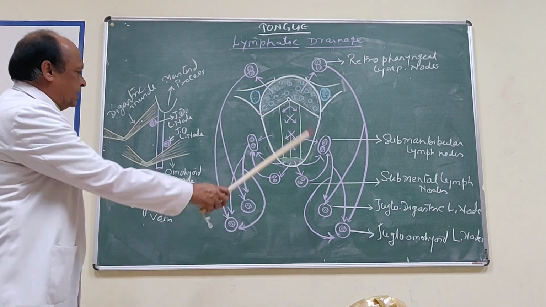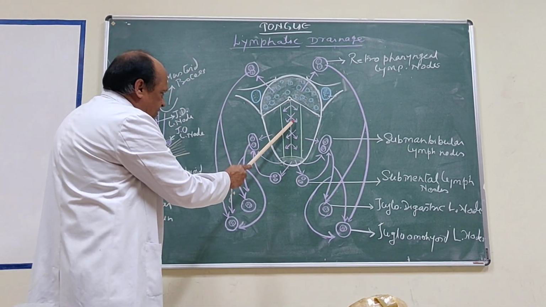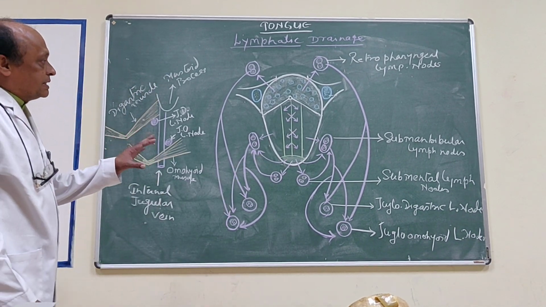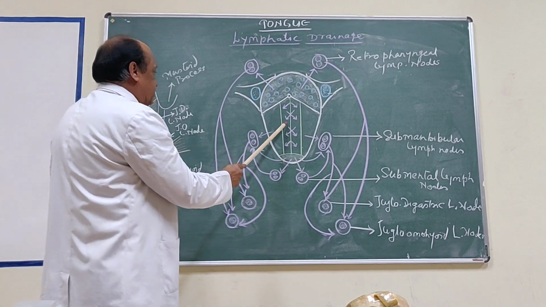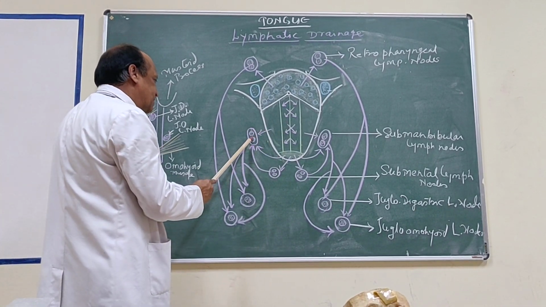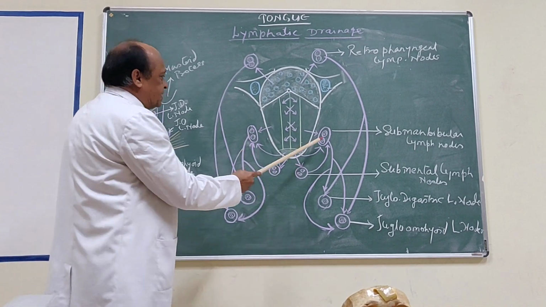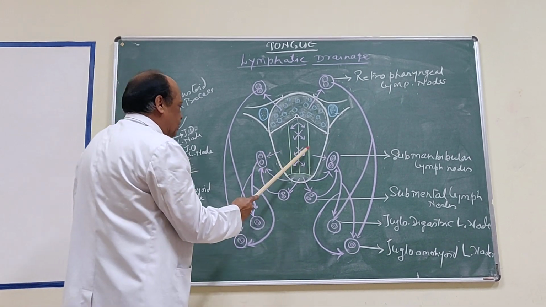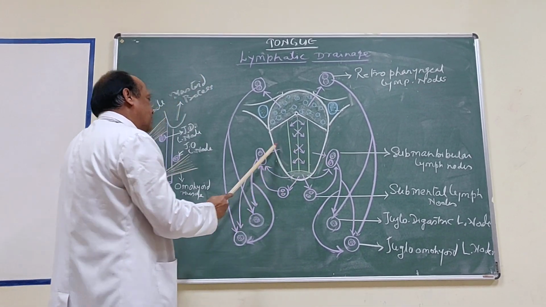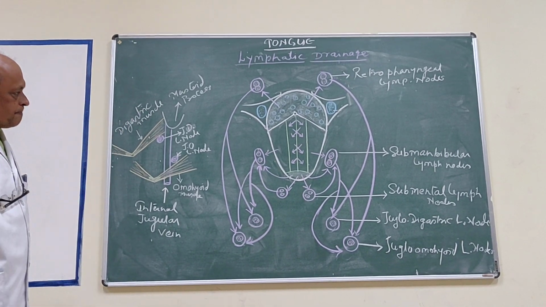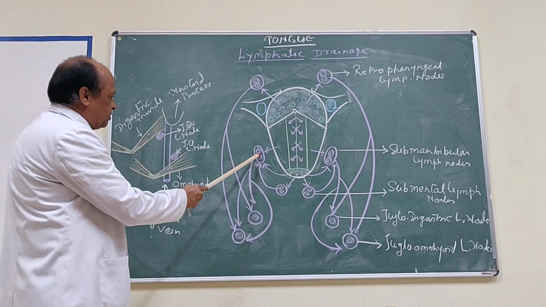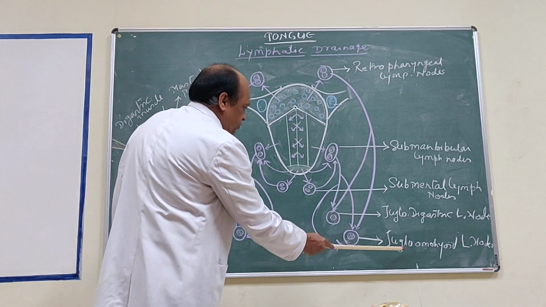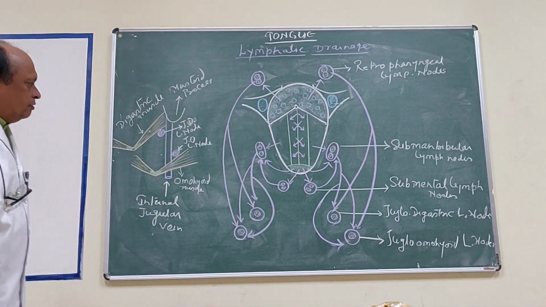Now from the submandibular group of lymph nodes, the lymphatics pass to these two groups, jugulo-digastric and jugulo-omohyoid group of lymph nodes. Now the central part, look at this. The central part is important in the sense that the central portion of anterior 2/3 tongue drains bilaterally, and the lymphatics from this go to the submandibular group of lymph nodes mainly on either side. The left portion drains into left side as well as right side, and the right portion into right side and left side. And from the submandibular group of lymph nodes, lymphatics ultimately, as we know, go to the jugulo-digastric group and jugulo-omohyoid group of lymph nodes.